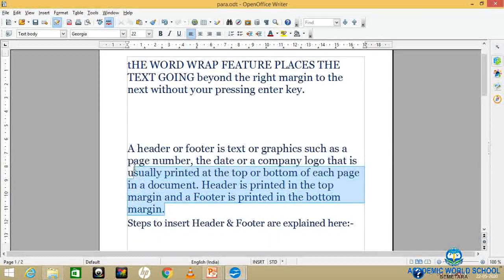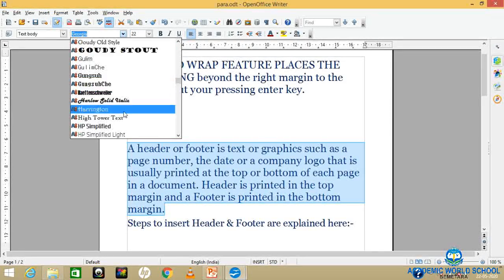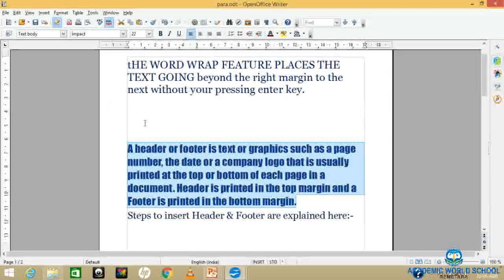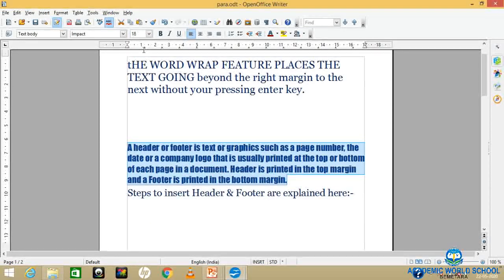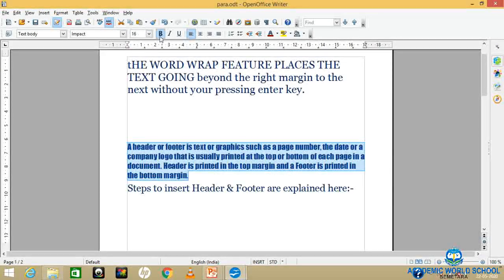Now let's move to the next topic, changing font and text color. I'm going to tell you how to change the font, text color and font size. First of all, select this.